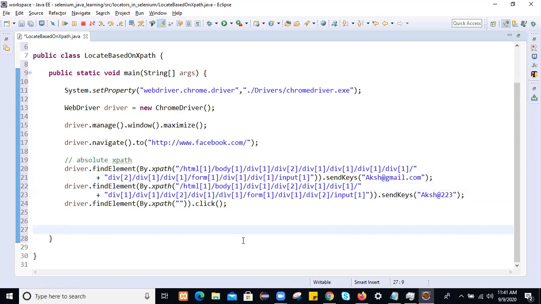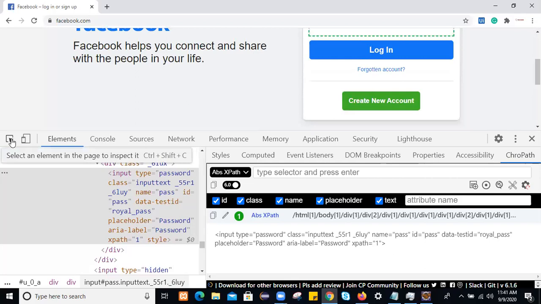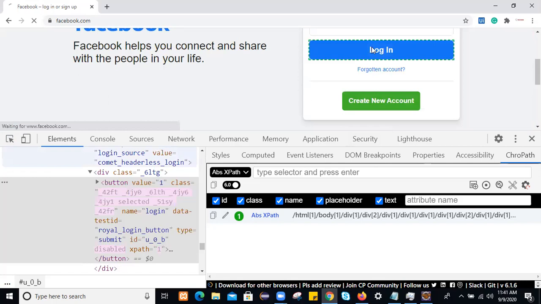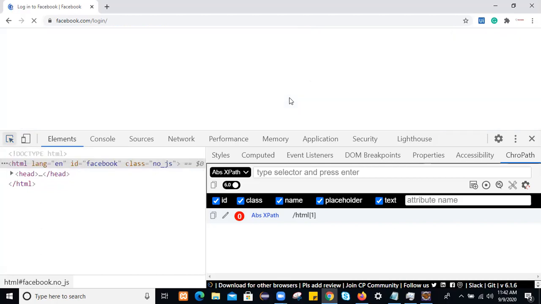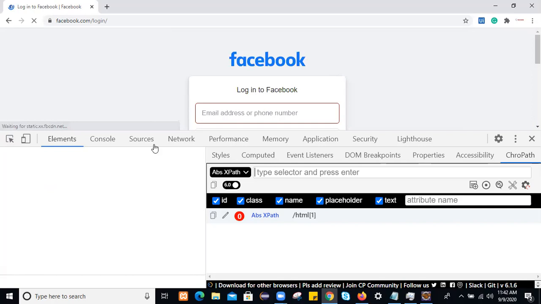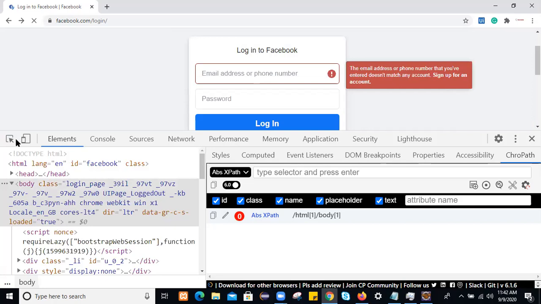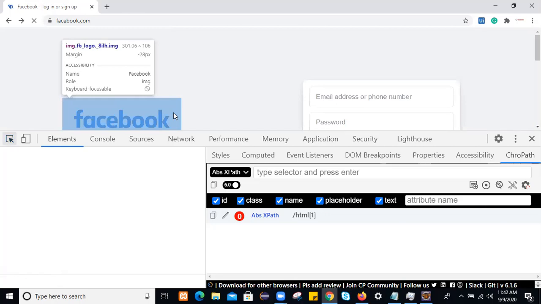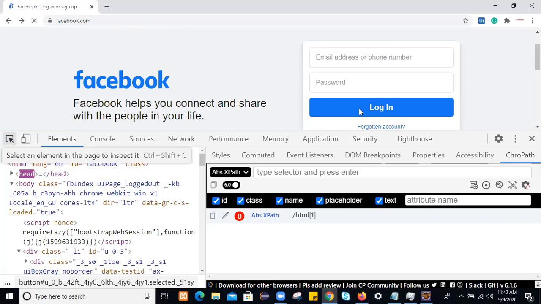Then we'll try to find a web element for login. We'll try to locate this. Just click on this login button. If you click on this login button, this is a button, and it's highlighting. So we perform the click operation. Let me go to the previous page. First inspect, and then move to that page.